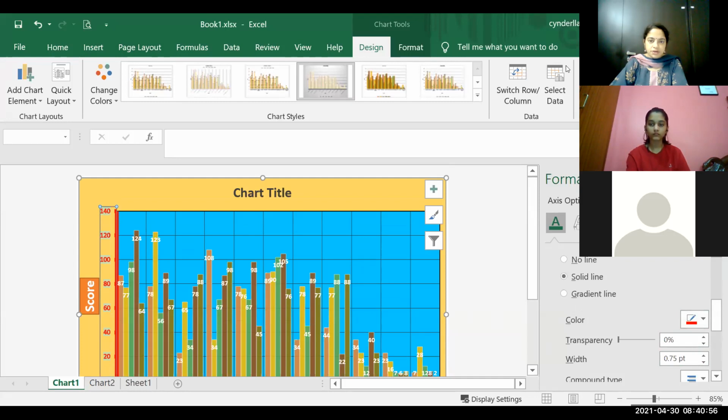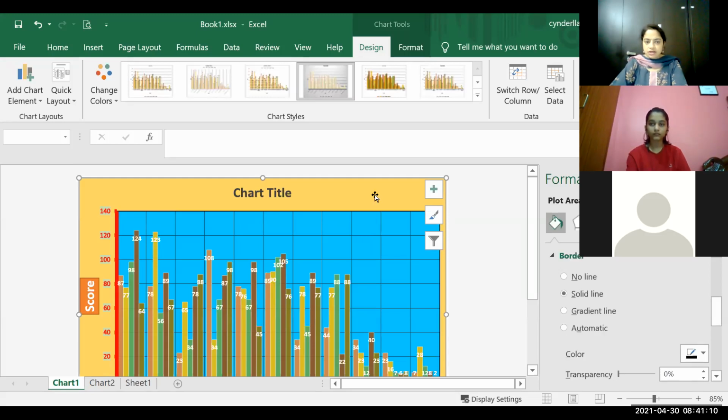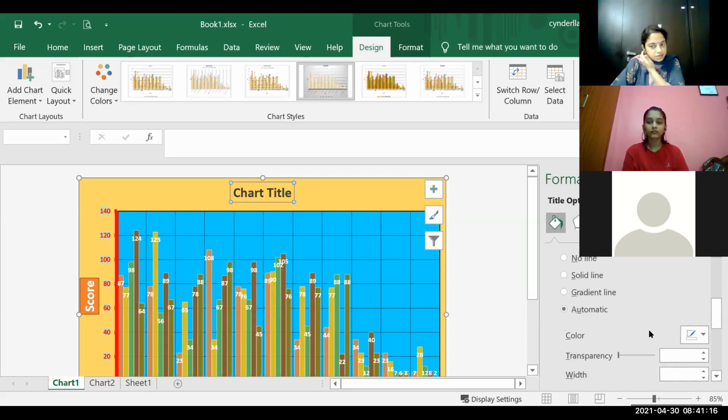This was the last topic that we were supposed to do, how to do the formatting of the chart. We had already done the formatting in the plot area. If you click on plot area, it will display the plot area options. If you click on the chart area, it will display the chart area options. If you click on chart title, it will give you the options for the chart title.